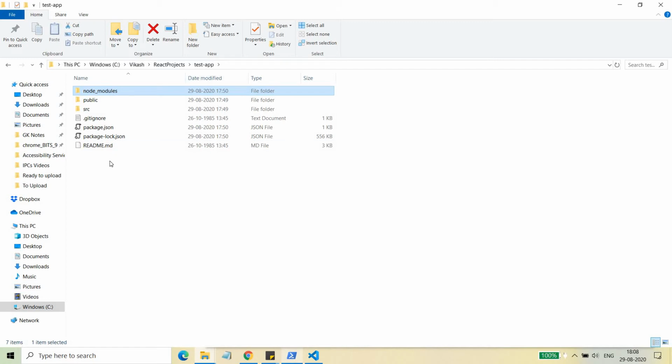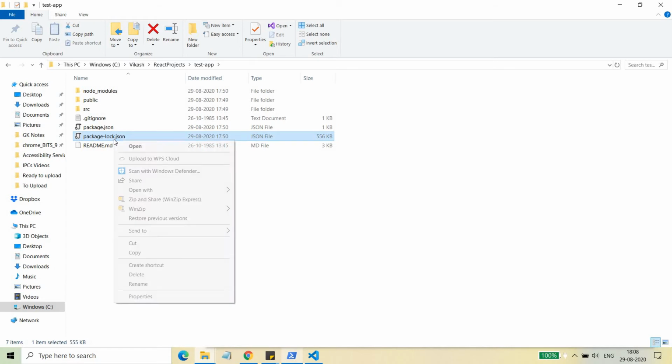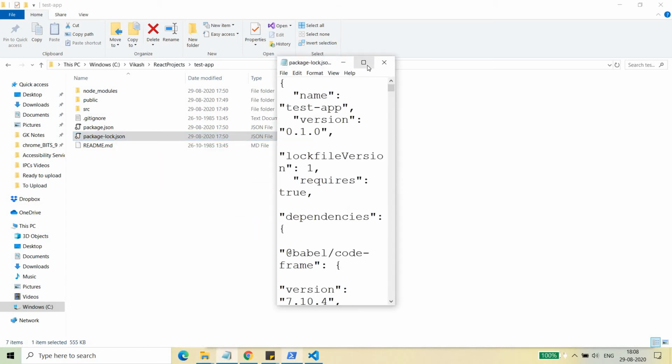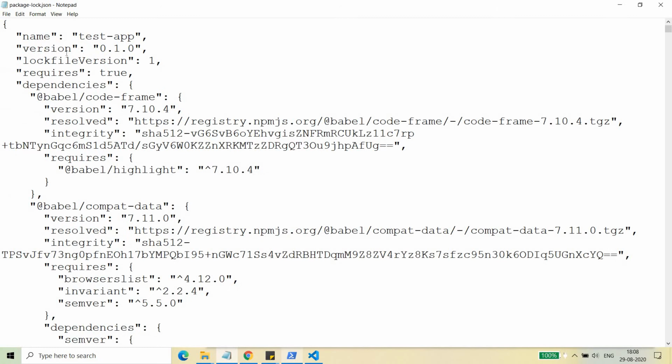Okay, and the second file is package-lock.json. This is all about version management. You can see the very first line is about version management. So this is my first version. When I create the second version of my application, when I release a new version, you can write something like 0.1.1, right? So that can also be done.